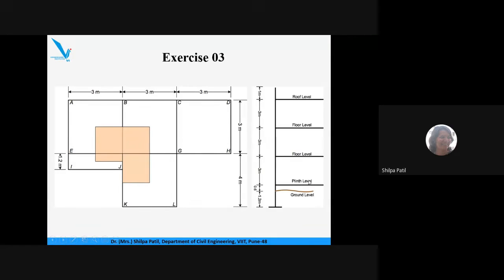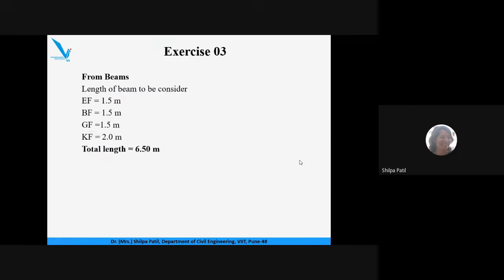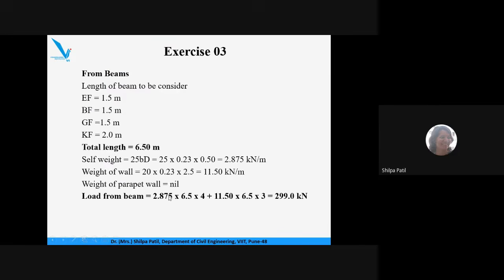This is the length of the beam, right? So there are the beams at plinth level, beams at floor level, 1, 2, 3. So 1, 1, 2, 3, 4. At all these 4 levels, whatever the beams we are considering, their self weight will act on the column. So the self weight multiplied by the total length multiplied by number of floors on which the beams are to be considered. It is 4.